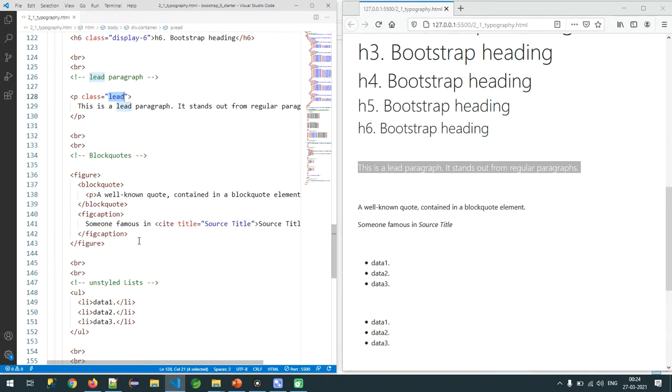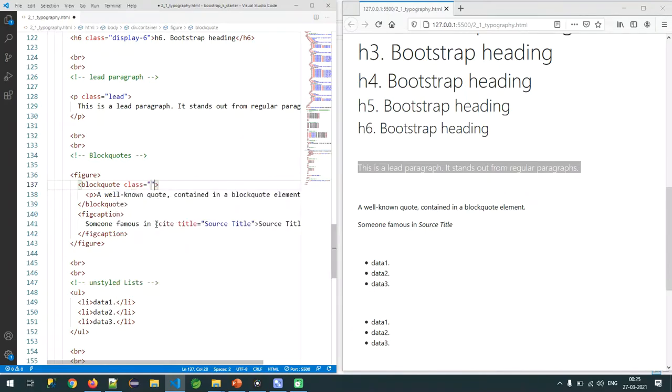Sir, I understand that. What is the next one? In general, in applications, we use some quotes for a better view in our application. Observe here, sir. For this one, I will use a blockquote.